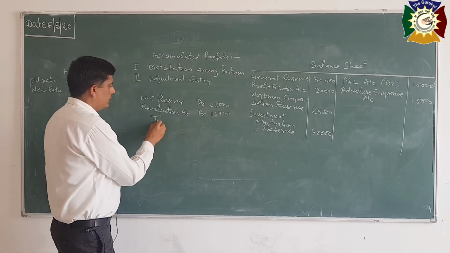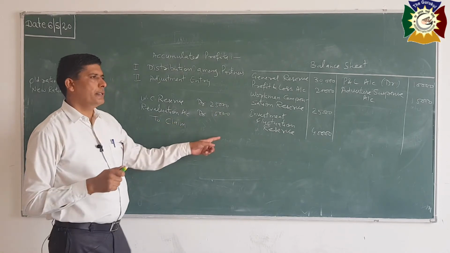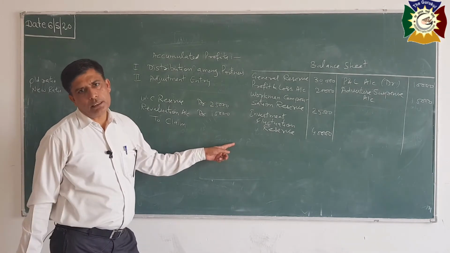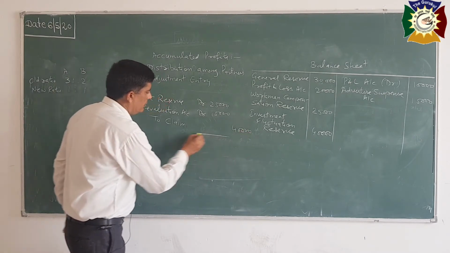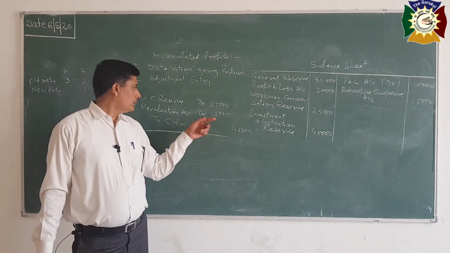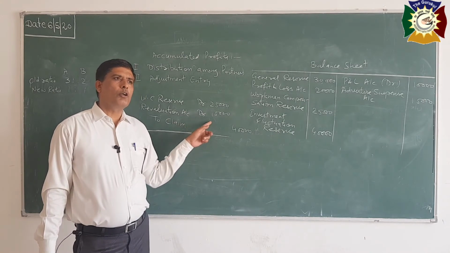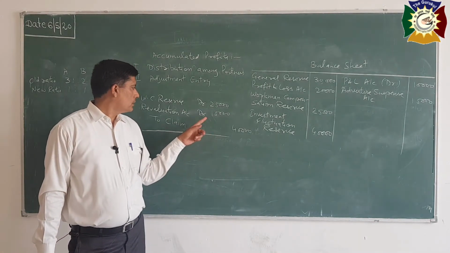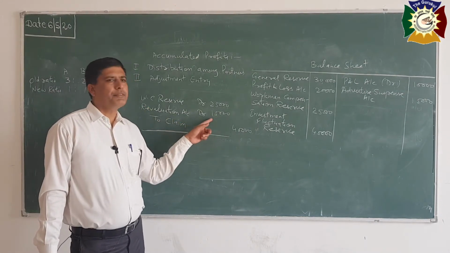$15,000 to claim on account of workman compensation, or you can write it to provision for workman compensation claim account 40,000. In this way you will record, and this 15,000 which is adjusted through revaluation account, it will be a loss on account of revaluation, and the entry for this will be revaluation account debit to claim 15,000.